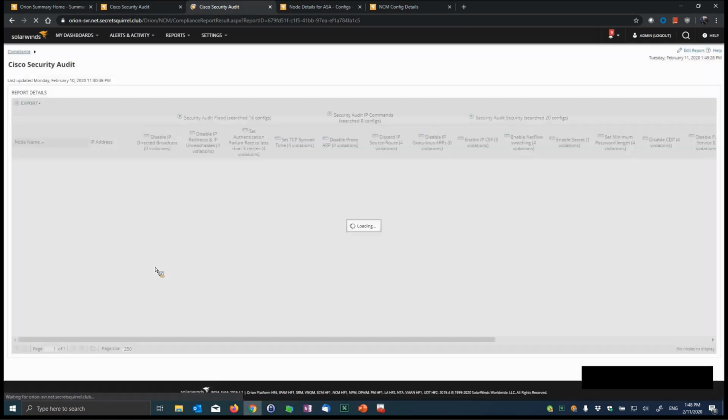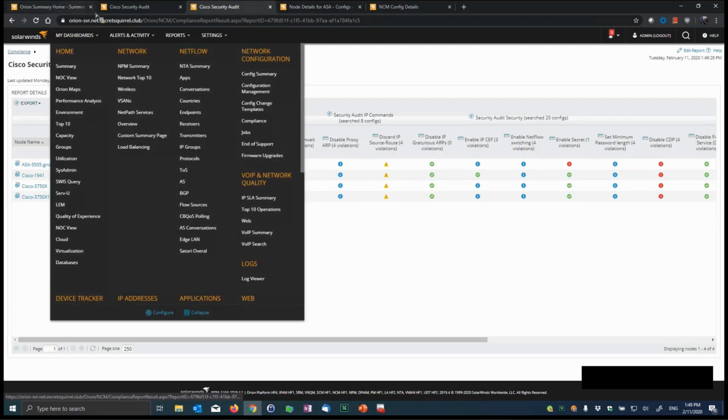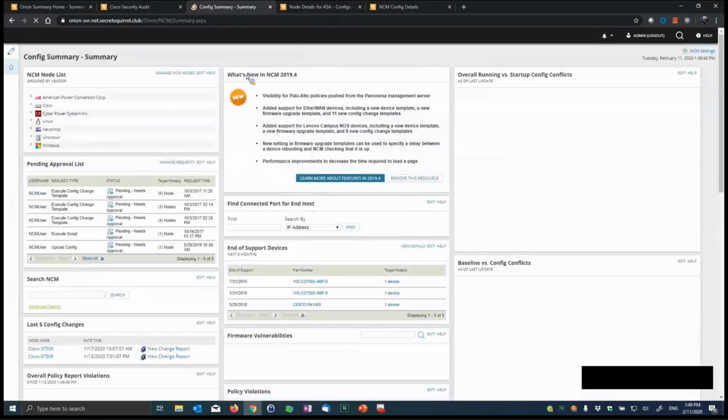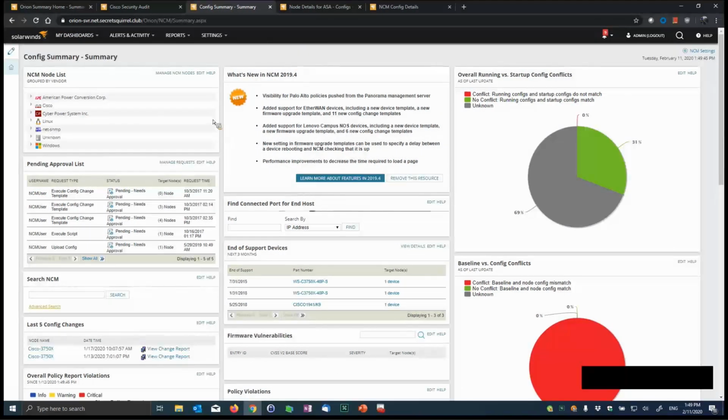And then in the configuration manager, like I mentioned, there's a pending approval system. So if you set your users down to a lower security level, and we mentioned this in the admin guide, once you set the user level login to a lower level, you can then take advantage of the pending approval system. So when they're trying to make that configuration change, apply that template, that compliance change, execute a script,